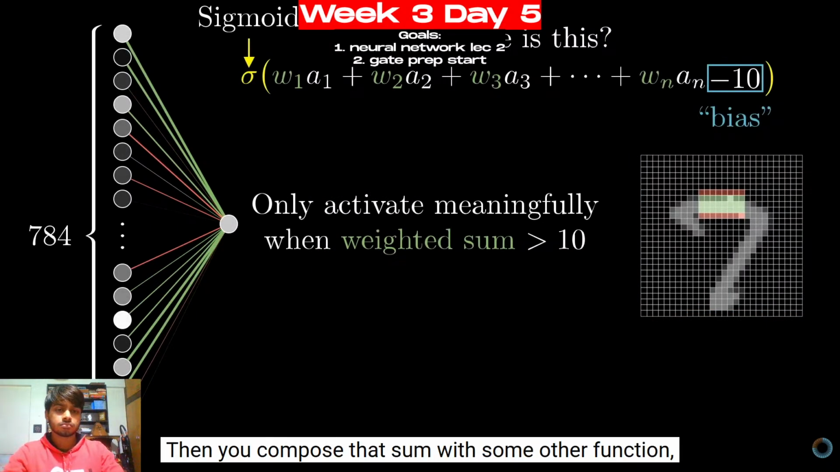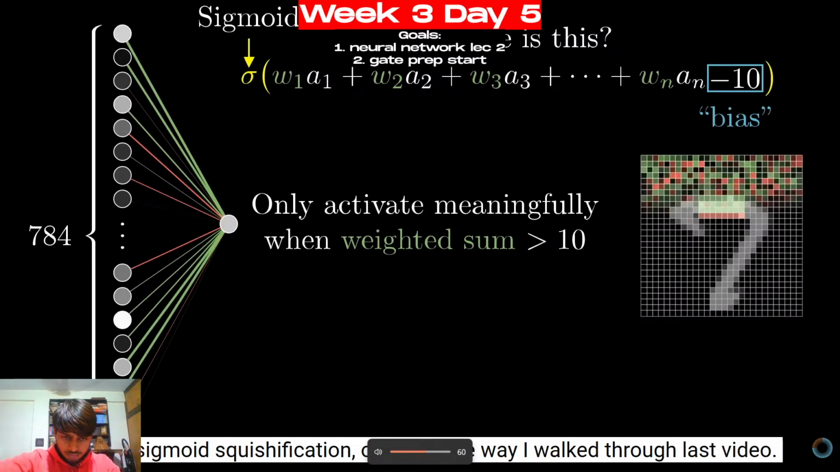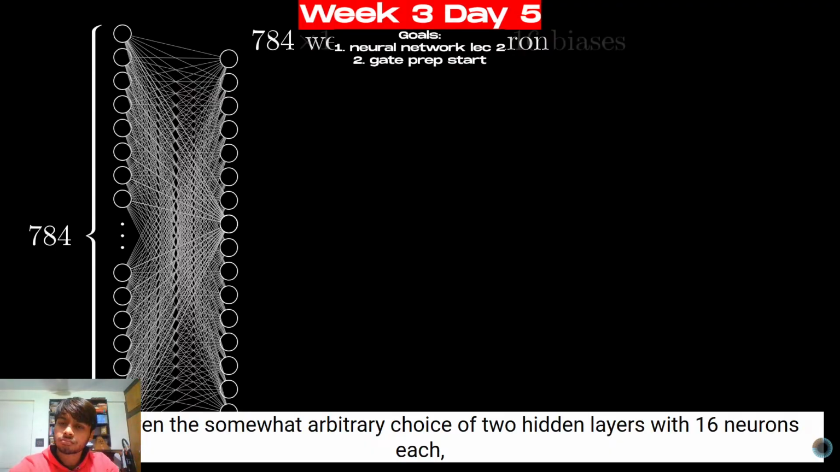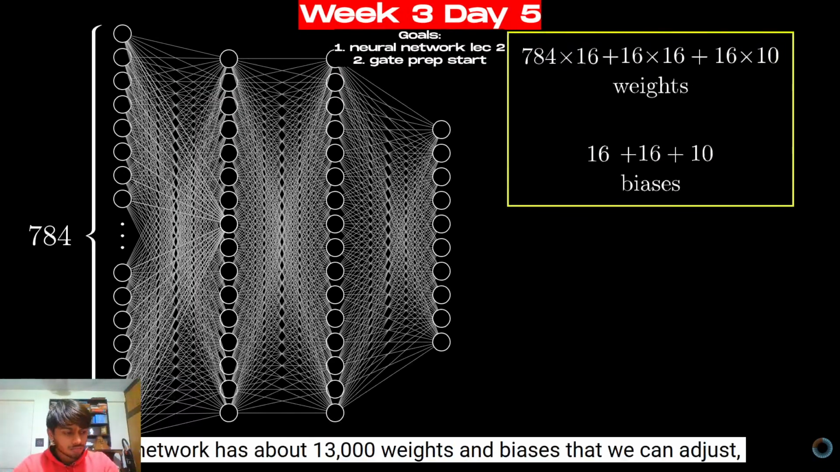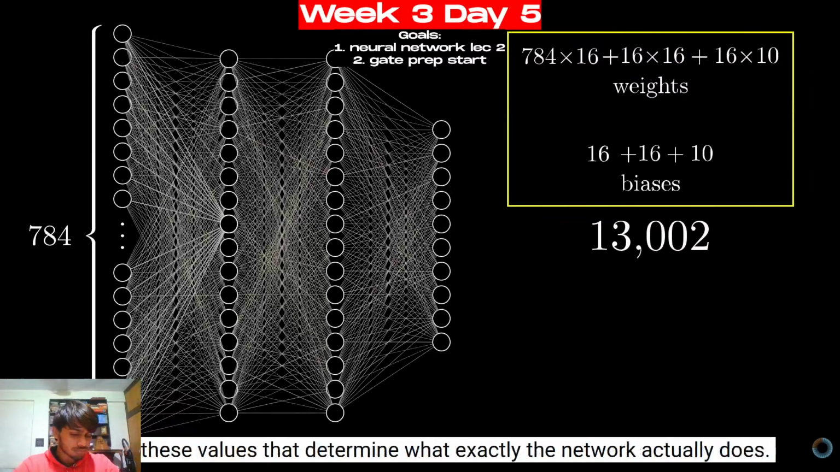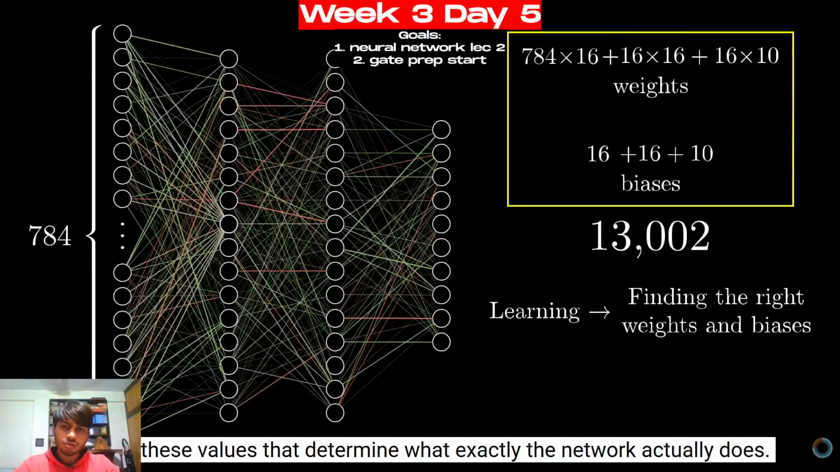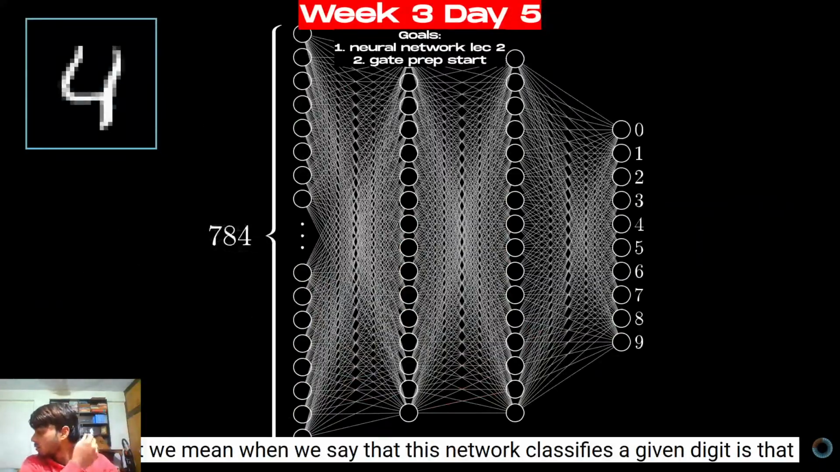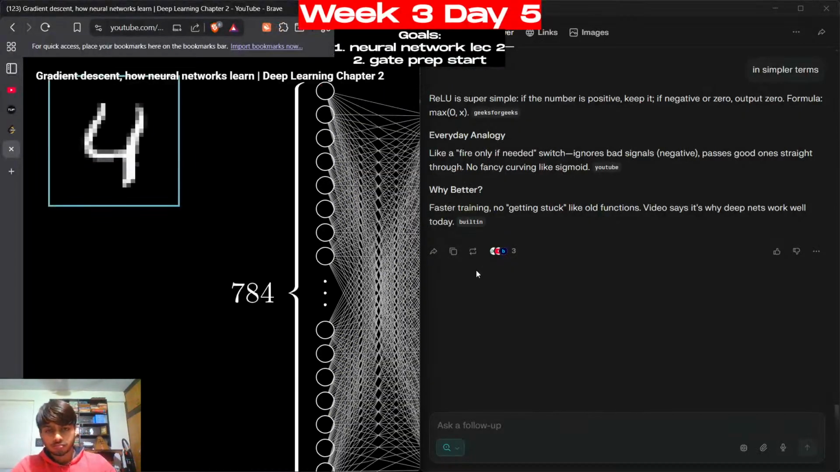Then you compose that sum with some other function, like the sigmoid squishification or a ReLU, the way that I walked through last video. In total, given the somewhat arbitrary choice of two hidden layers here with 16 neurons each, the network has about 13,000 weights and biases that we can adjust. And it's these values that determine what exactly the network actually does. Then what we mean when we say that this network classifies a given digit is that the brightest of those 10 neurons in the final layer corresponds